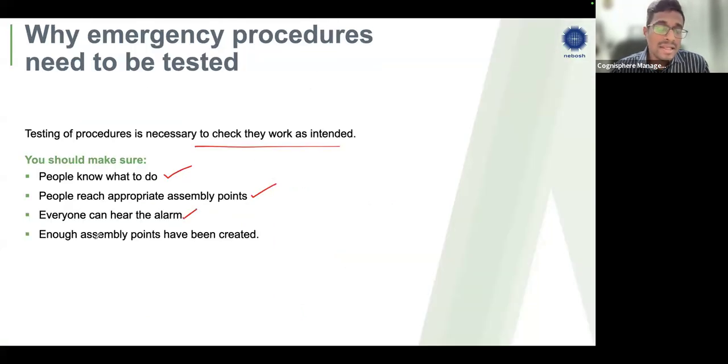And then, that enough assembly points have been created. If it's a large building with a big layout, there could be more than one assembly point. Again, your entire travel distance should be very minimal. Wherever I am, from here to the safe place, it should not be a very long travel distance. Especially with fire emergencies, within 3 to 4 minutes you should completely evacuate from the place